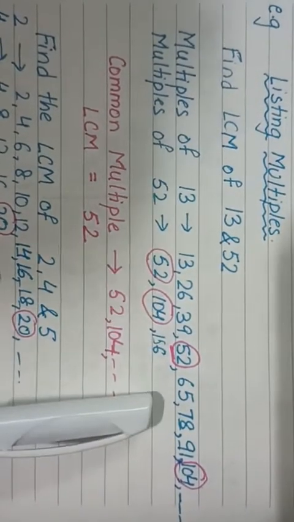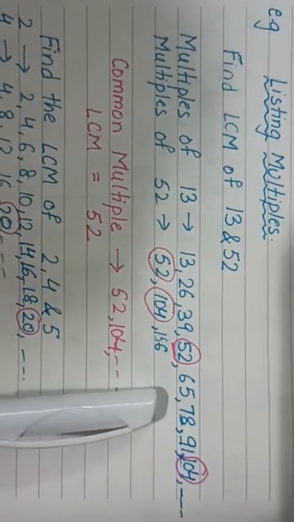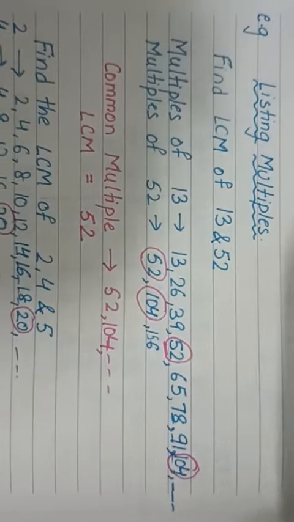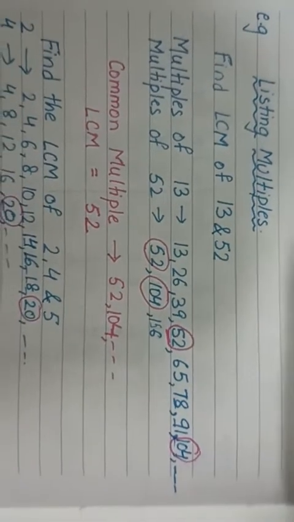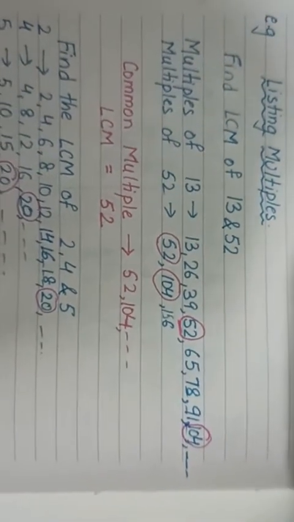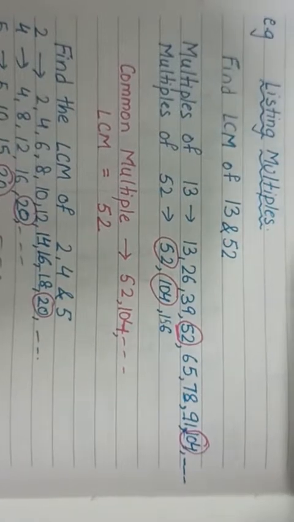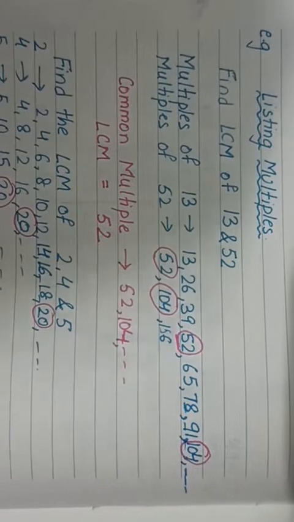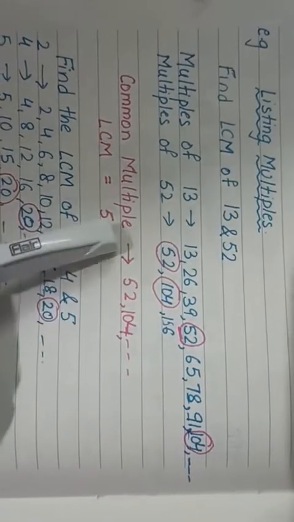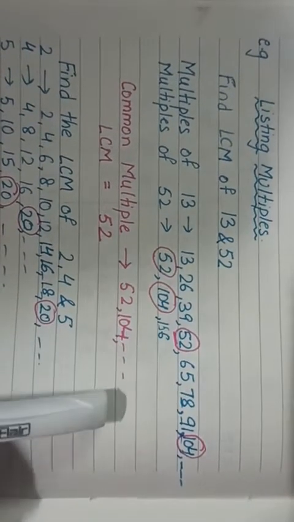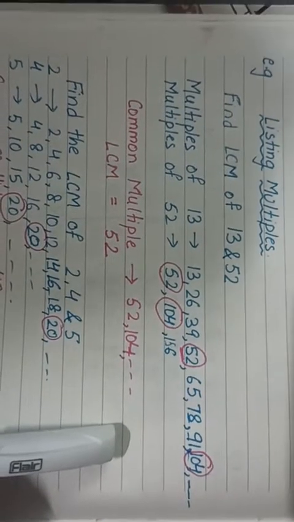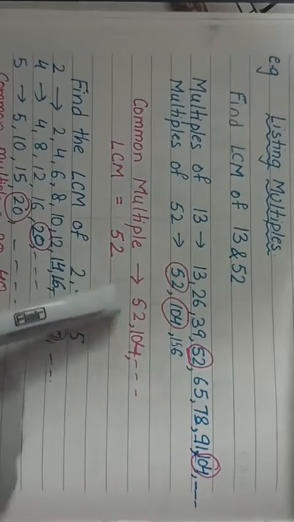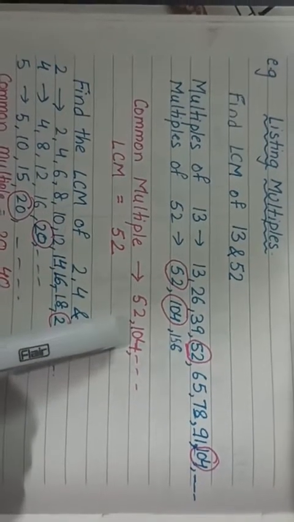And children, you may have infinite number of common multiples. As you have done that, multiples are monsters. They keep on increasing. That means they are infinite. So, the common multiples will also be infinite. For any given set of numbers, maybe 2 or 3 or more, we will have infinite number of common multiples.